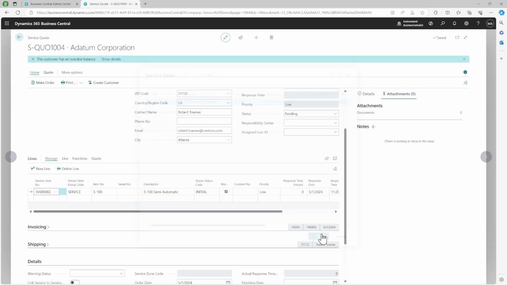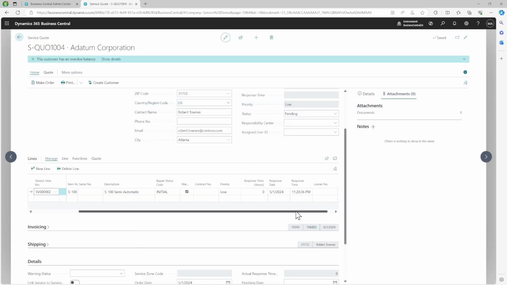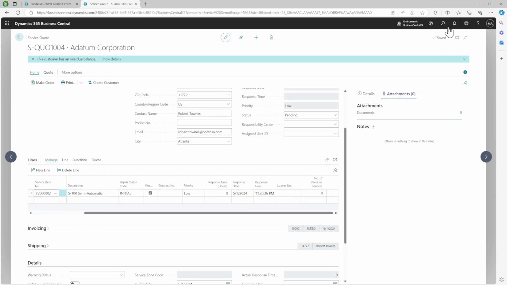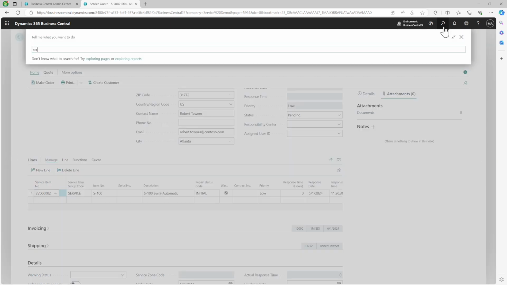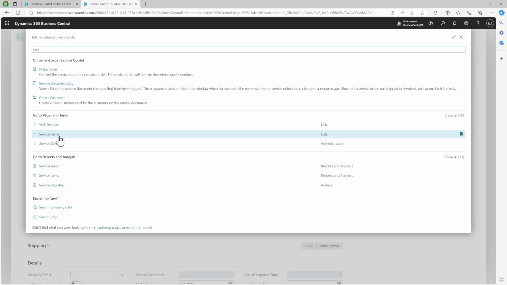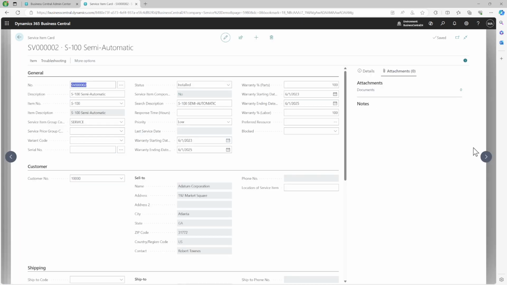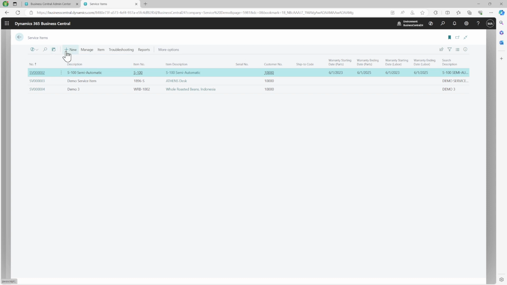So now let's choose the item. I've defined the item here. And now let's move into it. Okay, so let's get into the service items and see what else we can do. On all of these service items, when you are adding them, you can now, and we have talked about it, also attach documents to it. But not just that, let's try to create a new item,